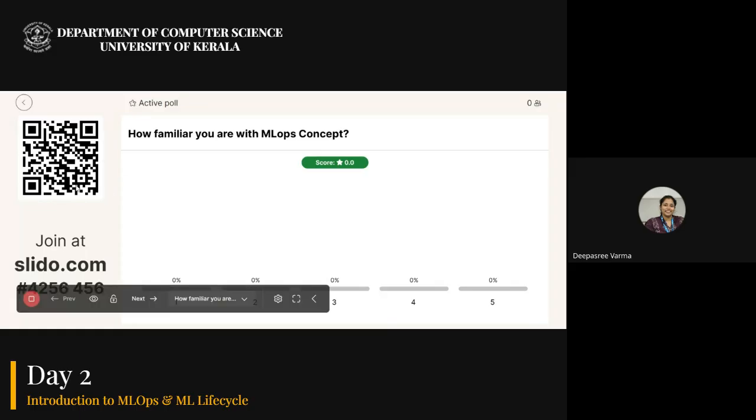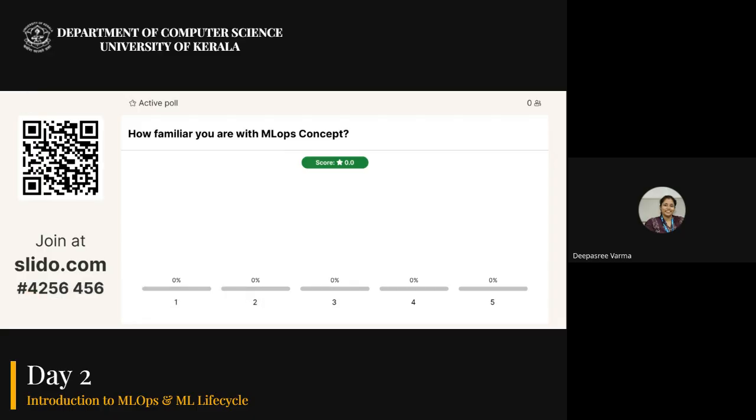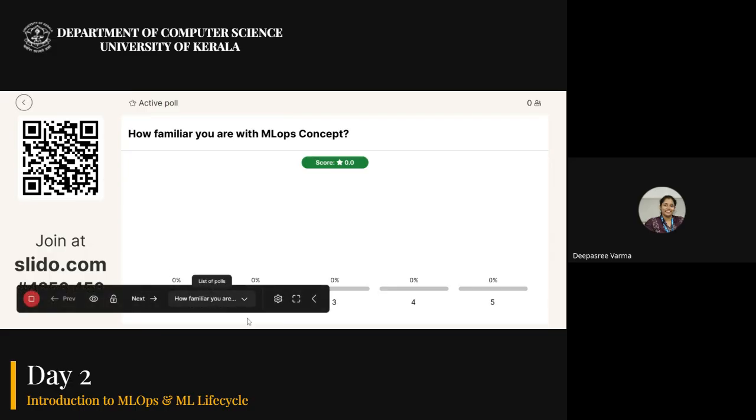Either you can scan this QR code on the screen, or you can join slido.com and type this code shown below. And please just answer these questions. The code is 4256456. So I hope it is visible for all of you. If it is not, please let me know.